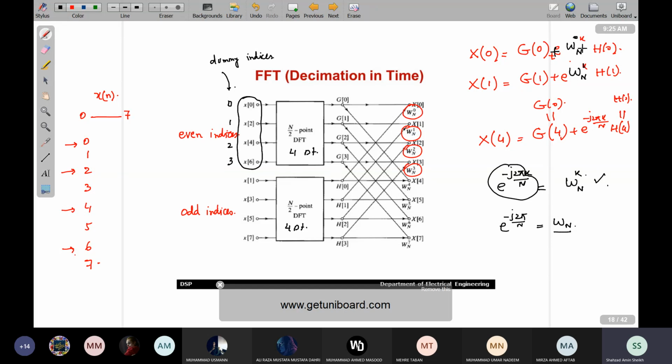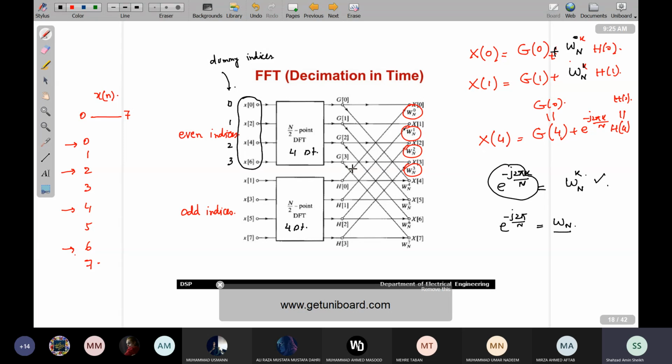So for k is equal to 0 that would be WN0. So WN0 is here. For x1 is equal to g1 plus WNK, and this time k is equal to 1, so WN1. Similarly for